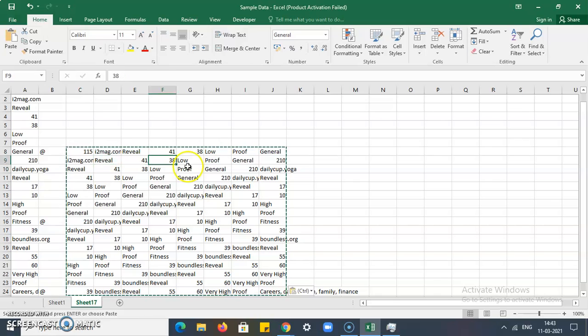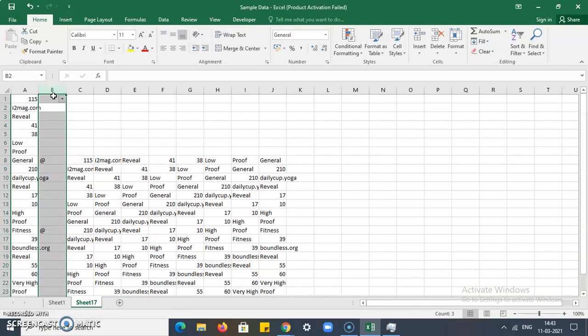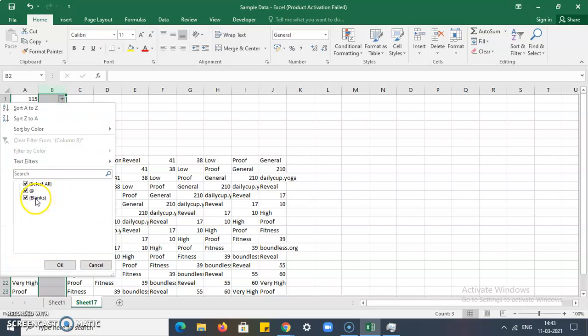Now you have to filter the next column where you have indicated the data, meaning where you have indicated the 8th field with the help of @. To filter that column, press Ctrl Shift L, go to the filter, and you don't need these blank spaces, because you applied the formula after each 8th field.